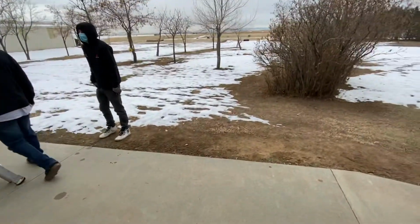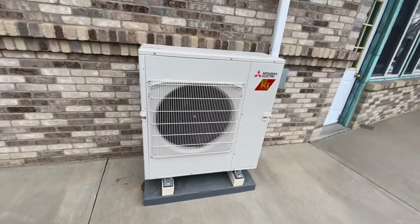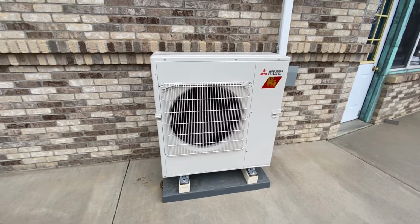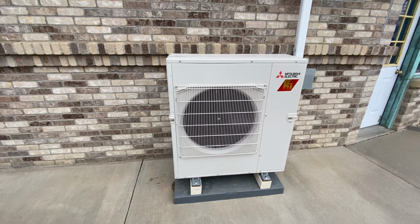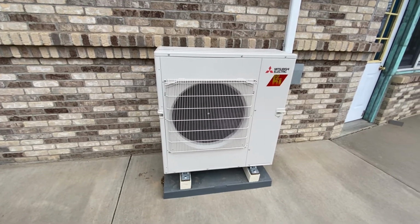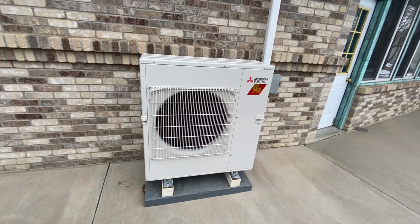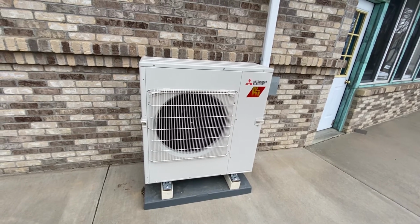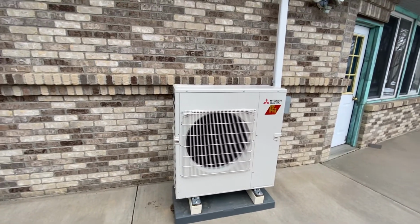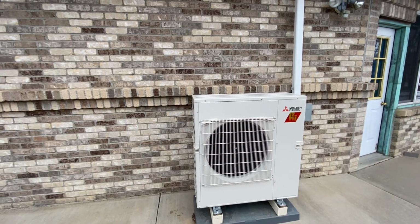So this is obviously winter time. You can see the snow, and it's actually a pretty cold day today. This machine's running full blast, and you can tell how quiet it is. I mean, this is what's really nice about a Mitsubishi unit running in the winter time. They're just absolutely amazing. They're quiet. They unload a ton of heat for your house. They're just fabulous heat pumps. If you live in an area that needs to have a little bit more heat compared to like northern Arizona or anything like that, you're going to want to get a hyperheating unit so that you can actually enjoy your winter and have some heat in there versus having